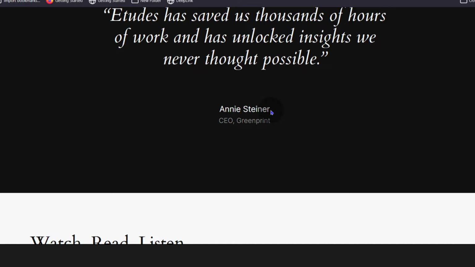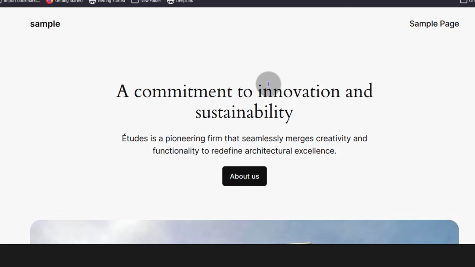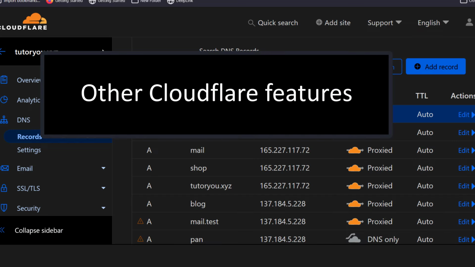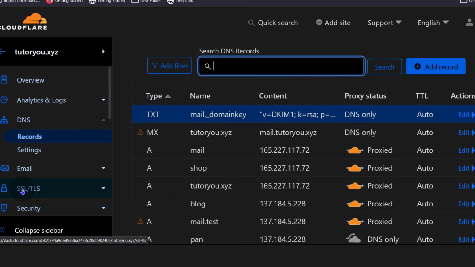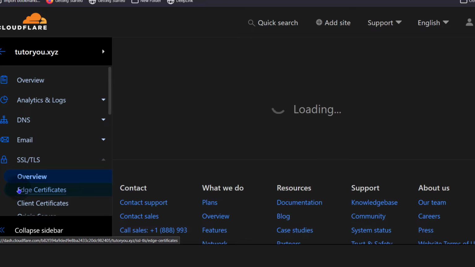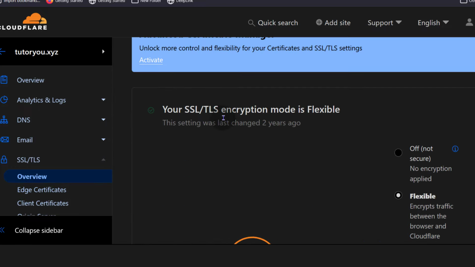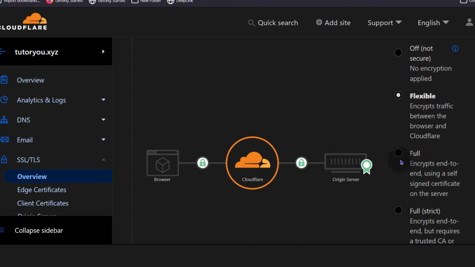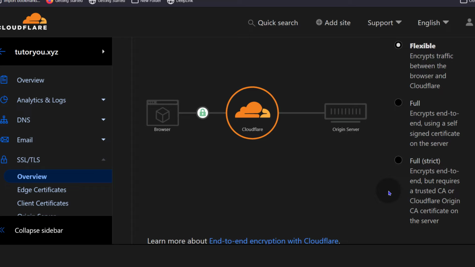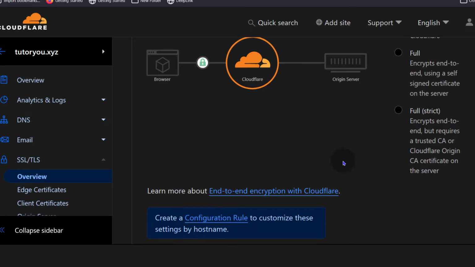So that is a quick demonstration for Cloudflare DNS, but let me not end there. Let me go ahead and do a bit more. If you want to work with SSL, change the SSL settings, you can come in here and if you scroll down, you can change SSL to these different settings. If you want to use the strict protocol for SSL, you can turn it on, but make sure you have an SSL certificate generated on your domain.